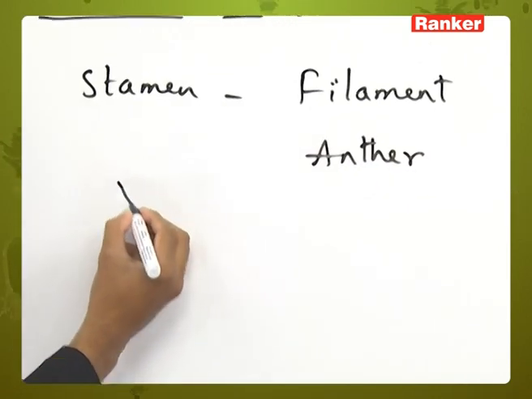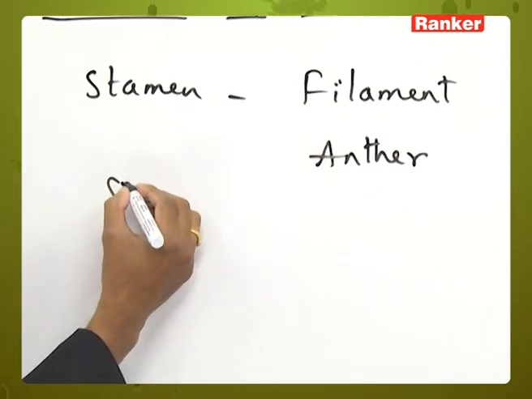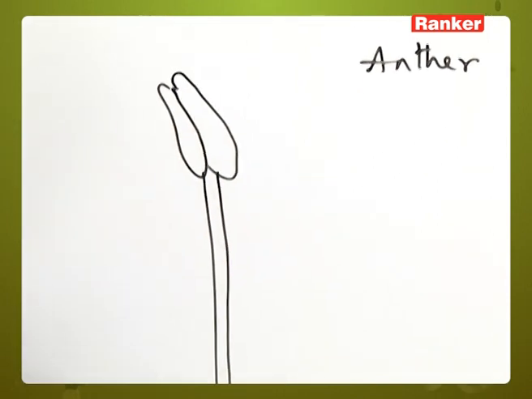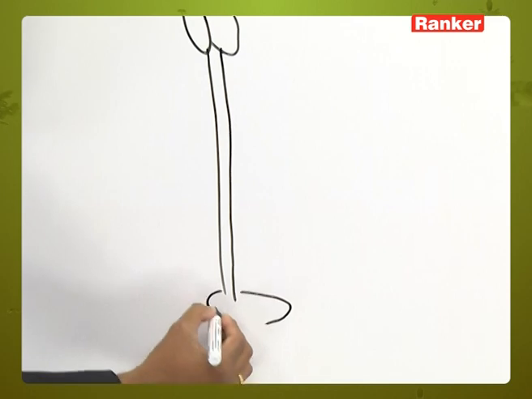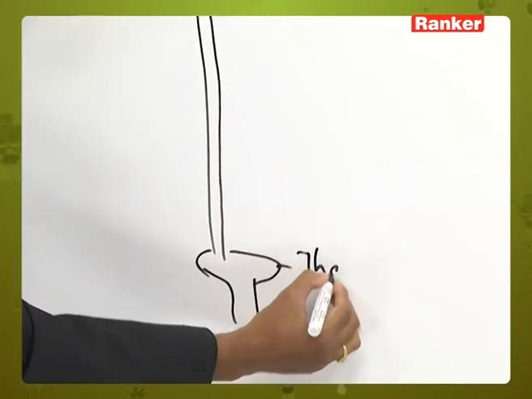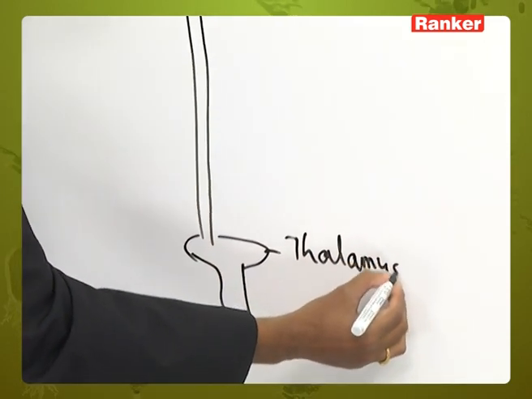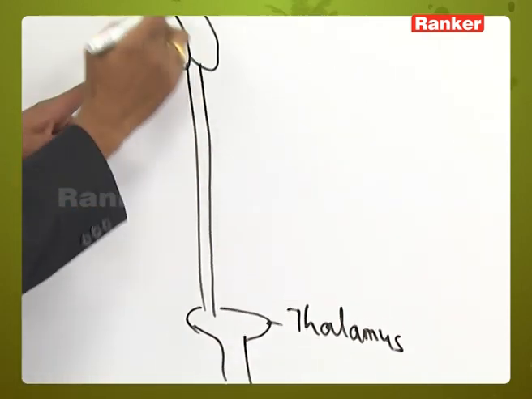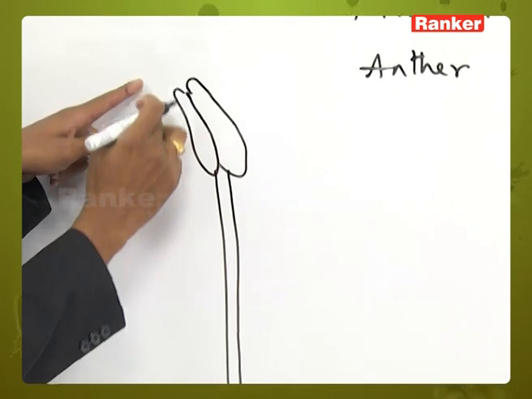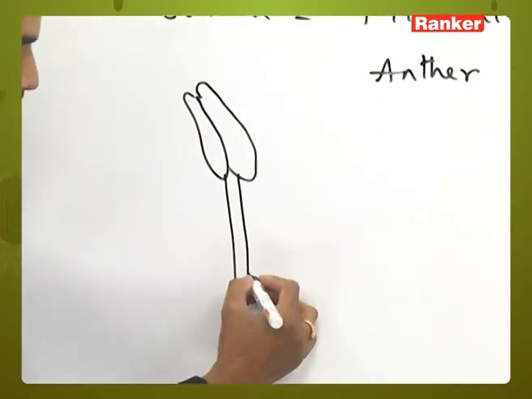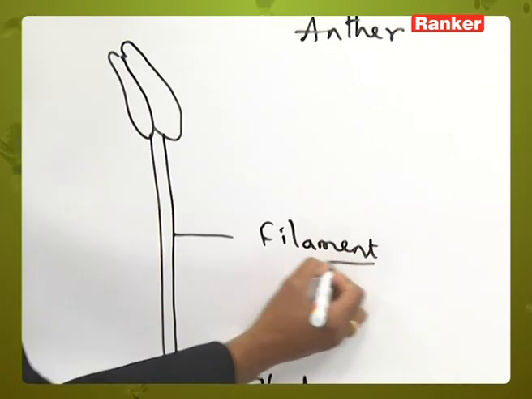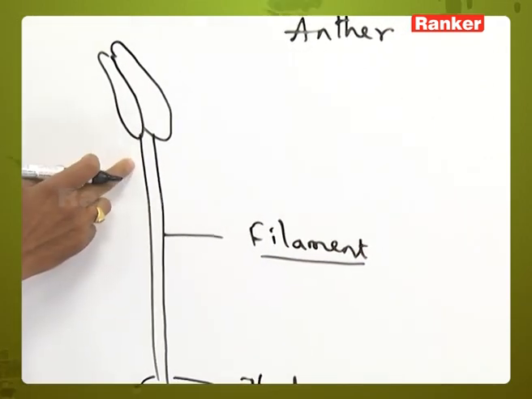If you see the diagram of the stamen, we can see two parts here, and this is the thalamus we can consider. This is the pedicel of the flower, the thalamus, and the total part is considered a stamen. In this, the basal part is called the filament, a long elongated structure